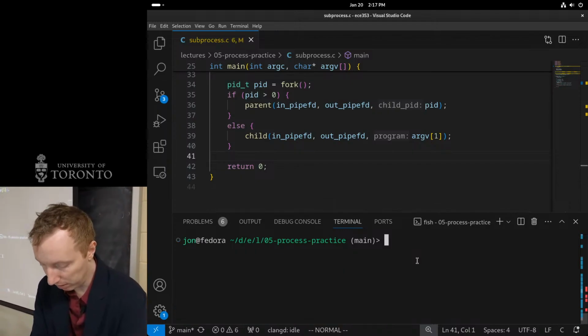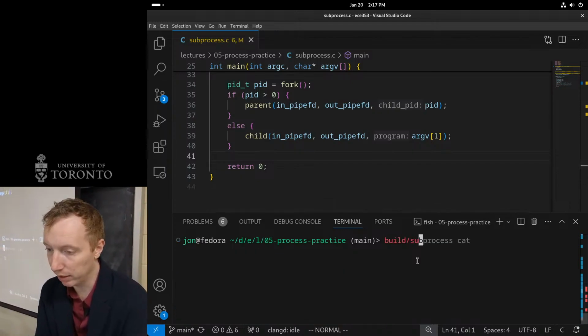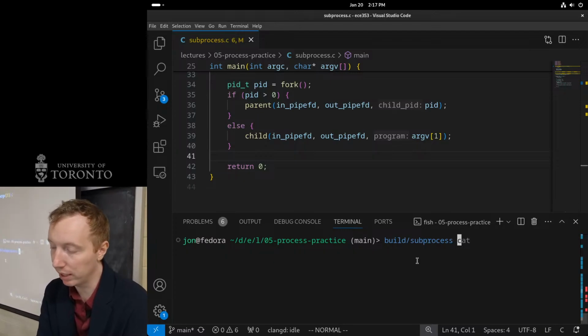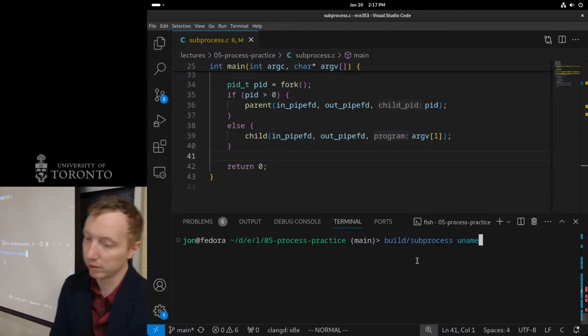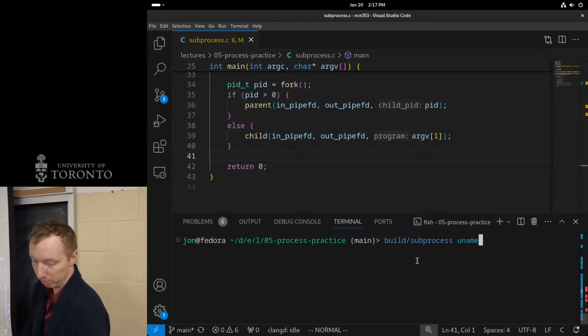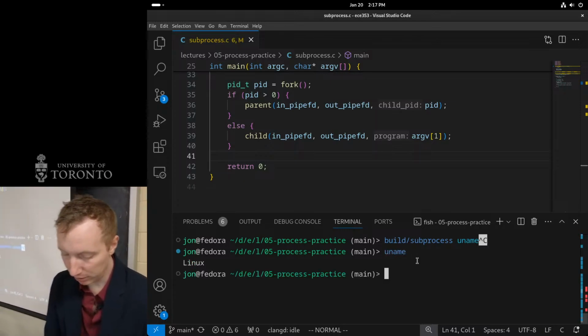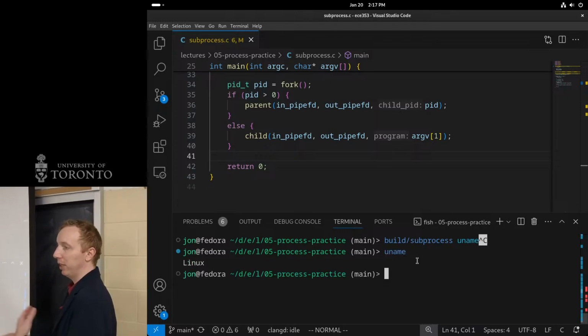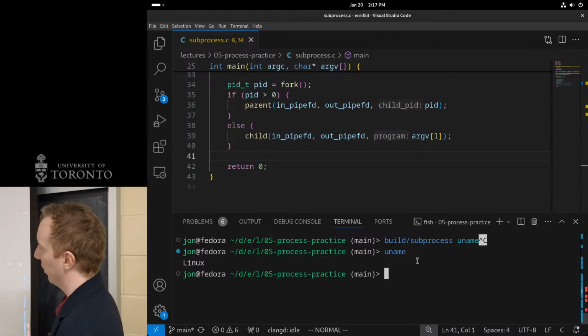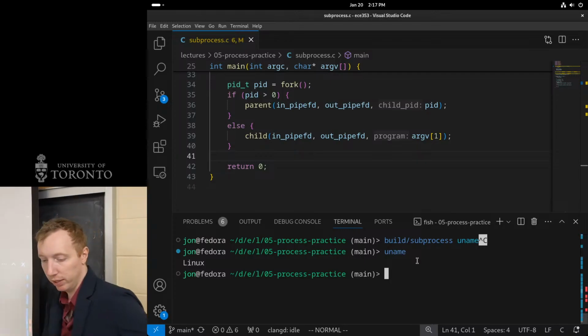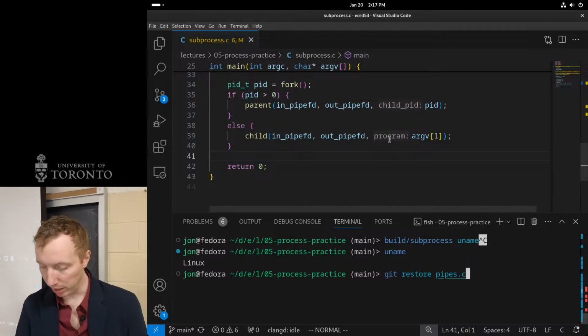So even with this, if I run my program now, I called this subprocess. So say I run it with uname. By default, if I just run uname by itself, it just tells me the operating system I'm running. So it prints Linux. If I run my program right now,